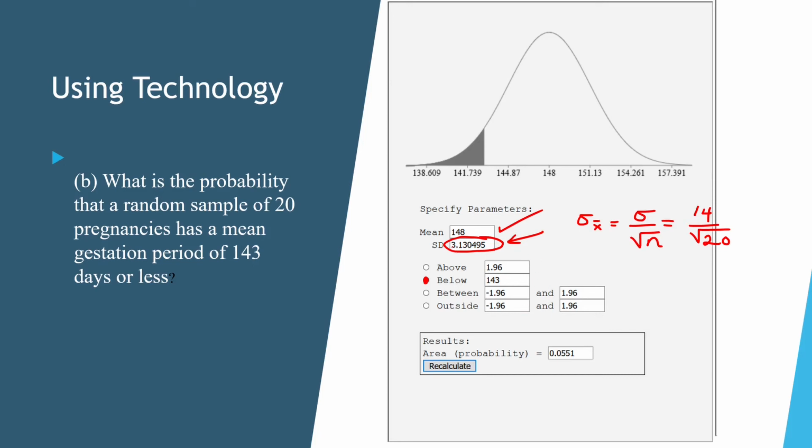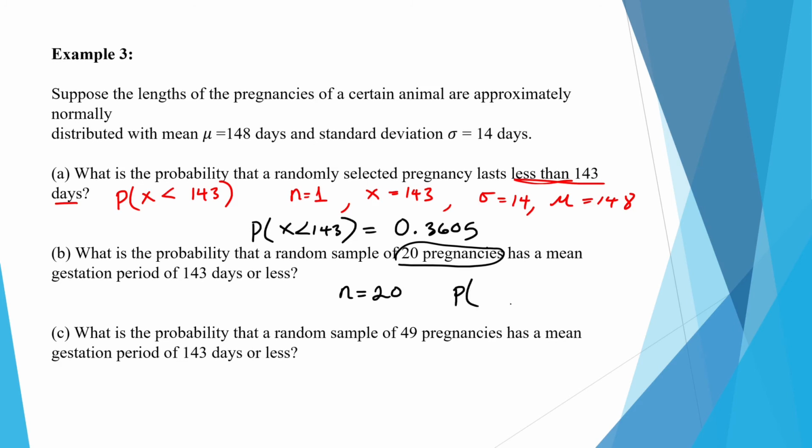So that's the most difficult part, is to calculate the standard deviation, and you use this formula here to calculate the standard deviation. After that, click recalculate, and then here's your probability. We have a 5.51% chance that if we select 20 pregnancies, their average would be less than 143 days. In part B, we have the probability that x bar is less than 143 is equal to